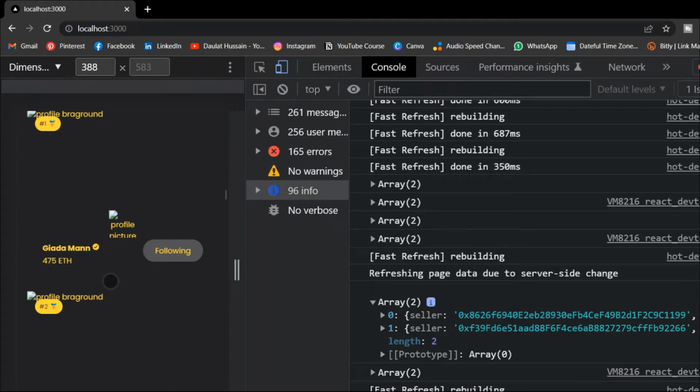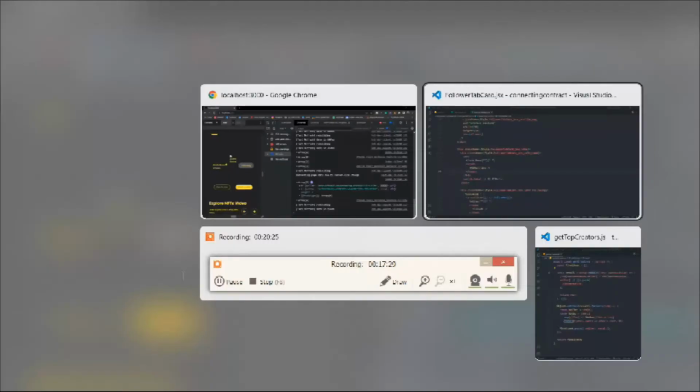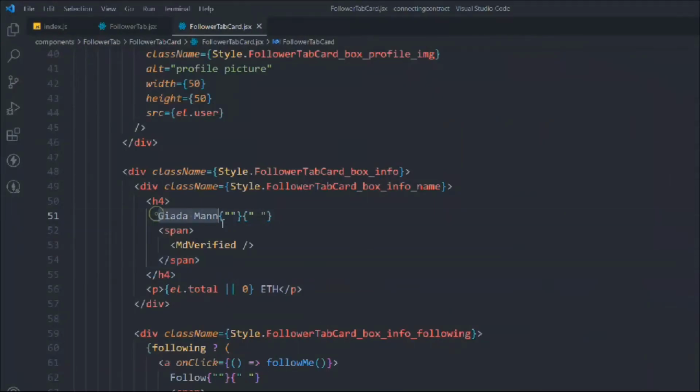No matter how many NFTs this user has created, we're going to sum up all the NFT values and display that. So the first creator contains 457 ether, so this is the amount, and it's really pretty huge. And here we're going to display the actual address